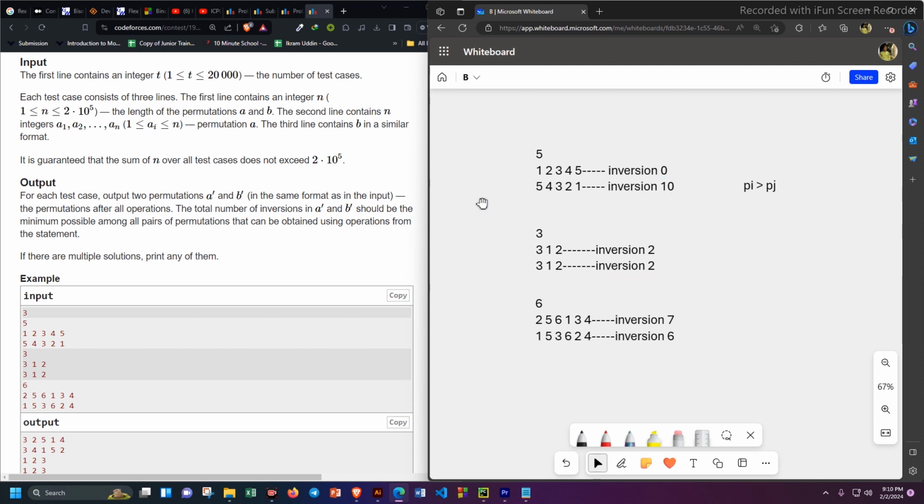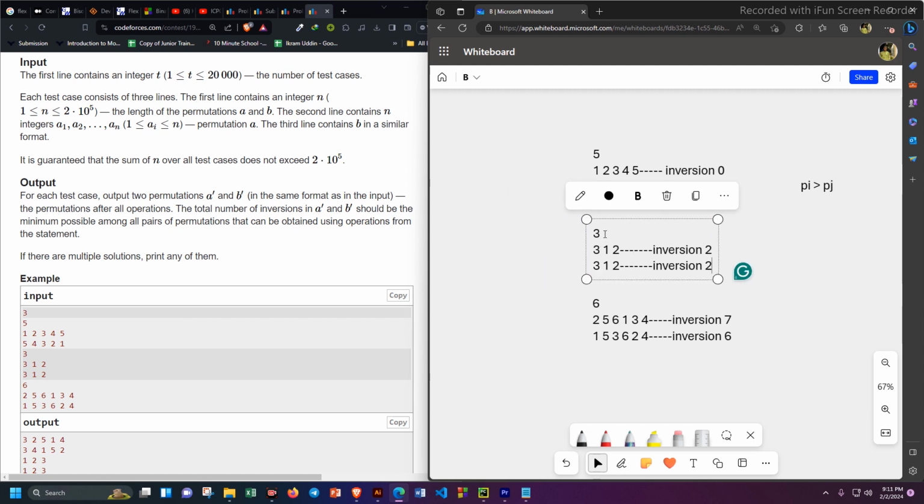So then in the second input, they give us 3, the array size is 3, and here 3 is greater than 1. So here 1 inversion occurs, and 3 is greater than 2, so another inversion occurs. As same in our array B, the inversion is also 2. So if we sort our first array, the array will be like this,